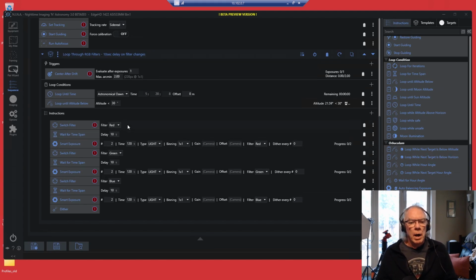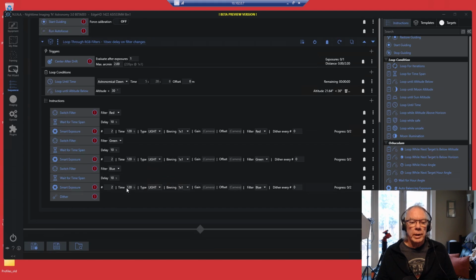So again, I shoot, I move to the red filter, I delay, I take two 120-second exposures, then I go to green, delay, then I shoot two 120-second exposures, and then I go to blue, delay, and shoot two 120-second exposures, and then I dither.